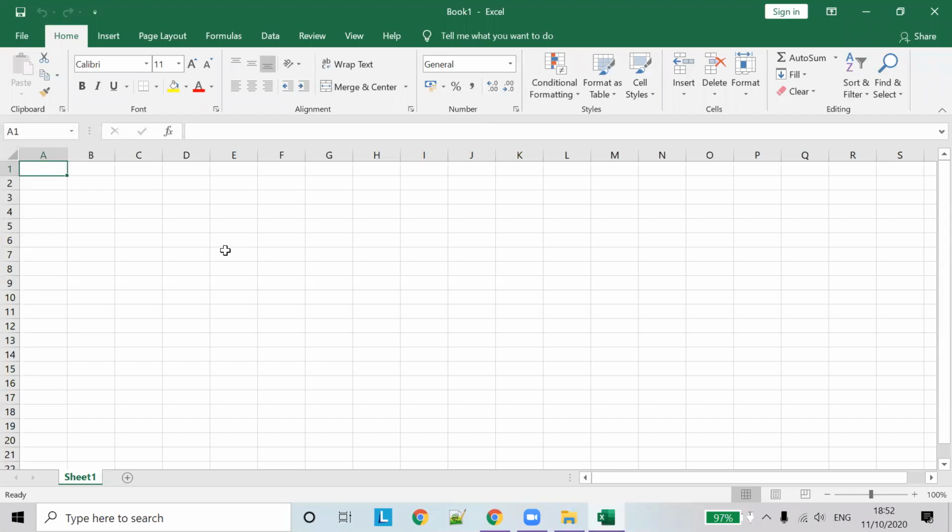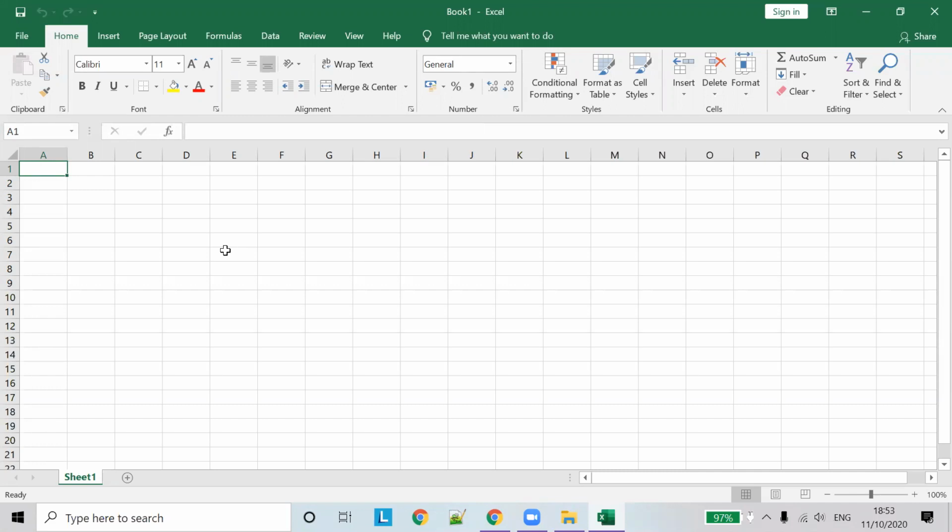Charts are nothing but a visual representation of the data. We have some data in a specific format, and we can see it as a visual representation.